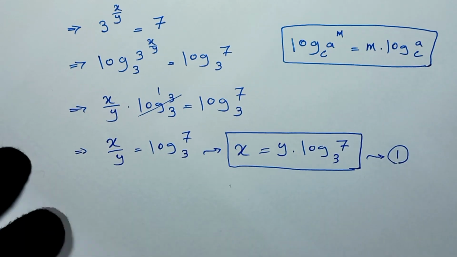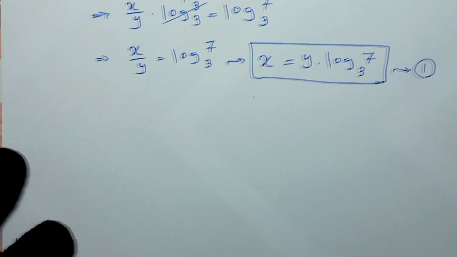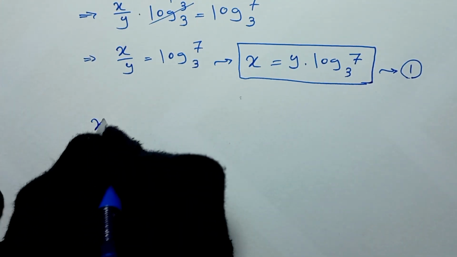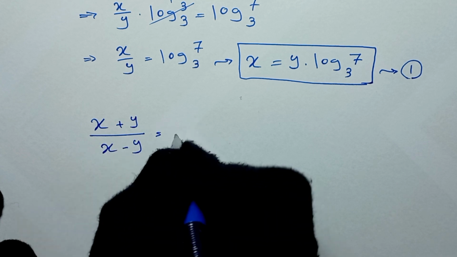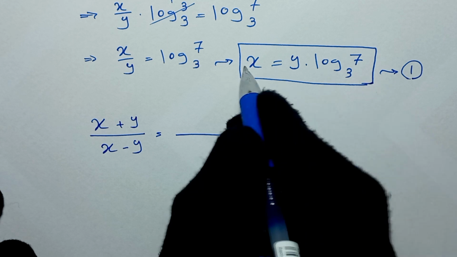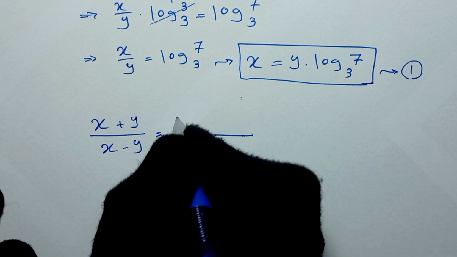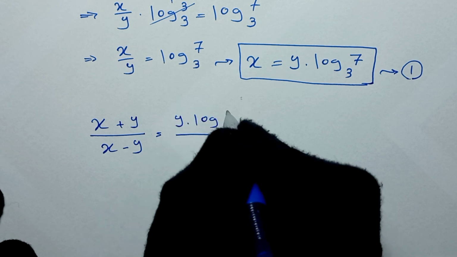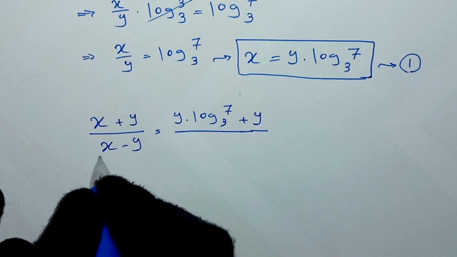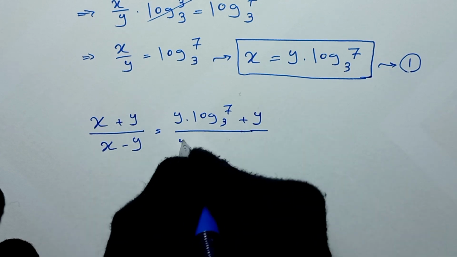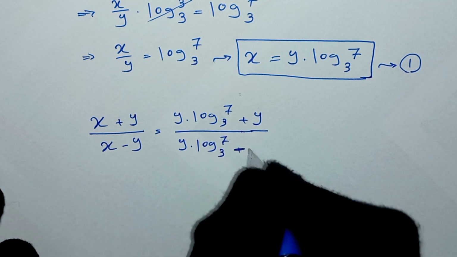Our problem was x plus y over x minus y. So we write here x plus y over x minus y. And from equation 1, x is y times log of 7 to base 3. So we write y times log of 7 to base 3 and plus y, and for denominator, x is y times log of 7 to base 3 minus y,